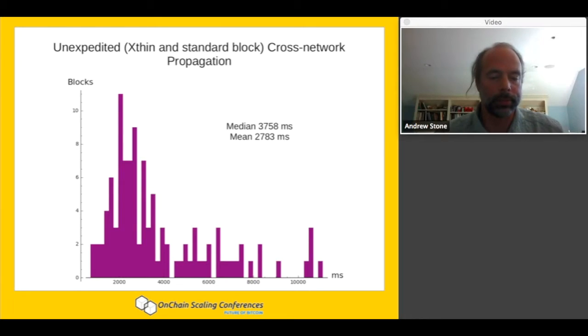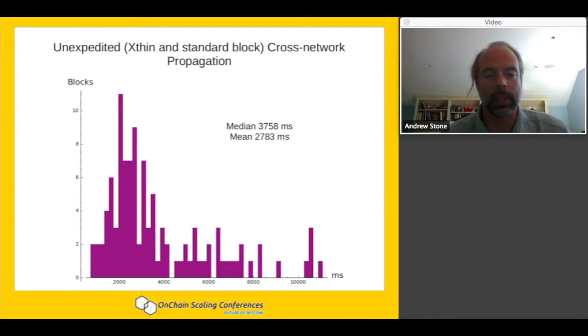Now we're going to switch gears and talk about expedited forwarding. This is meant to solve this problem. This is a graph of the unexpedited, so xthin and standard block cross-network propagation. Basically, we're looking at a mean of 2.7 seconds. It really looks like most of the blocks come in at just about 2 seconds. But then you have, again, this tail here,